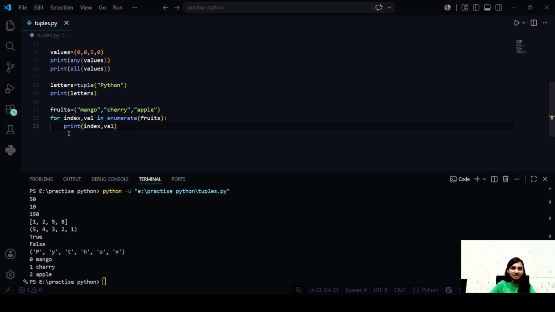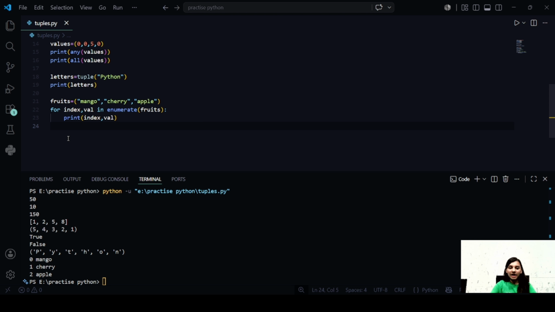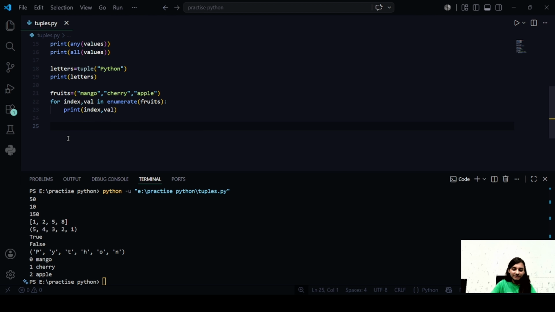It correctly matches, right? Now we have the zip which combines multiple tuples. Let us quickly take two tuples, names and marks, right?